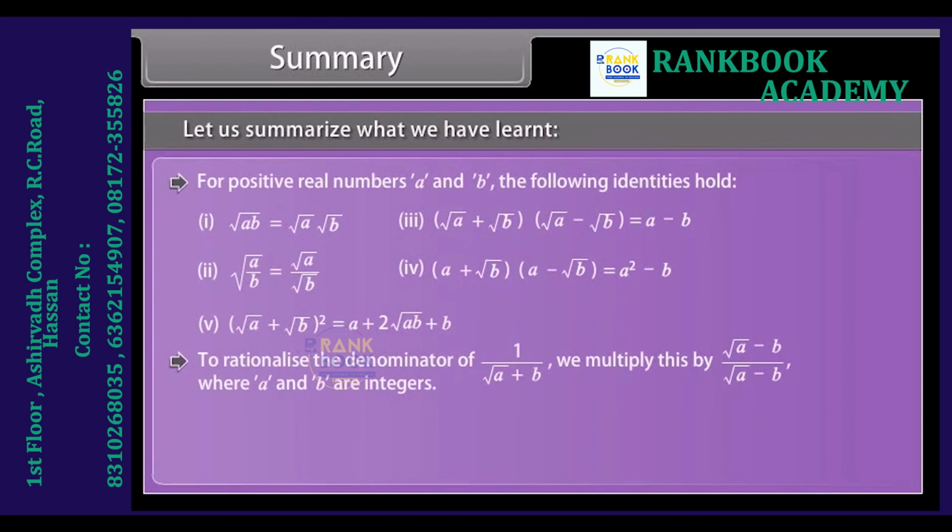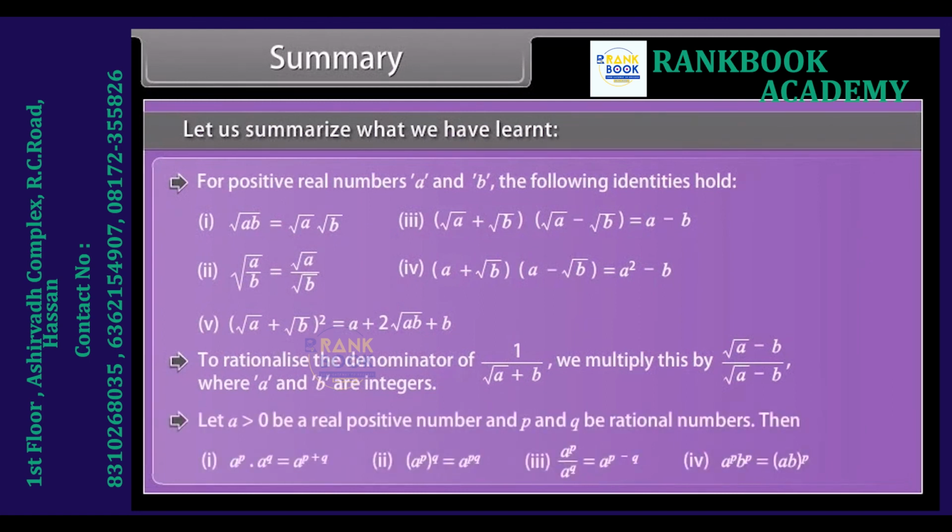To rationalize a denominator of 1 upon root a plus b, we multiply this by root a minus b whole upon root a minus b, where a and b are integers. Let a be greater than 0, a real positive number, and p and q be rational numbers, then